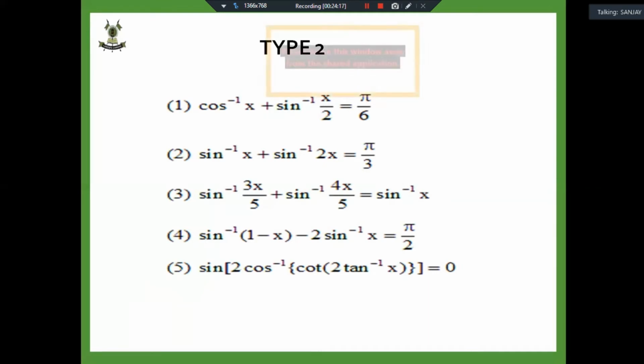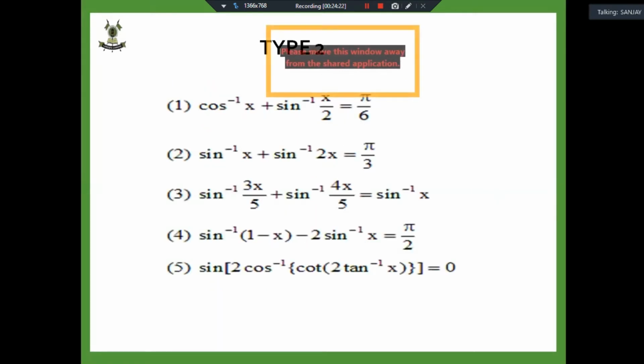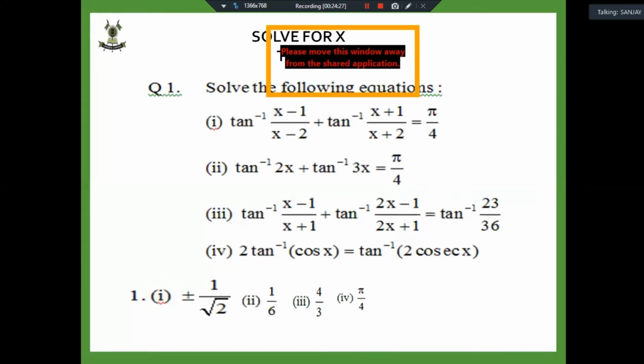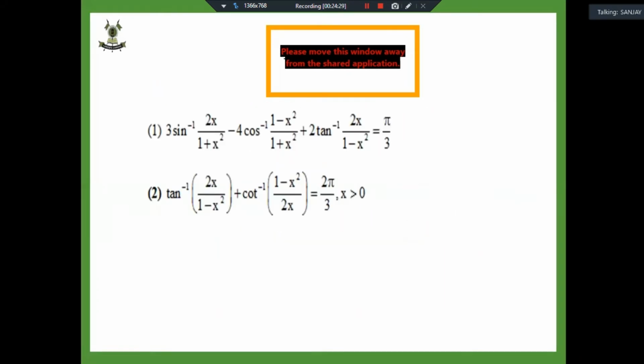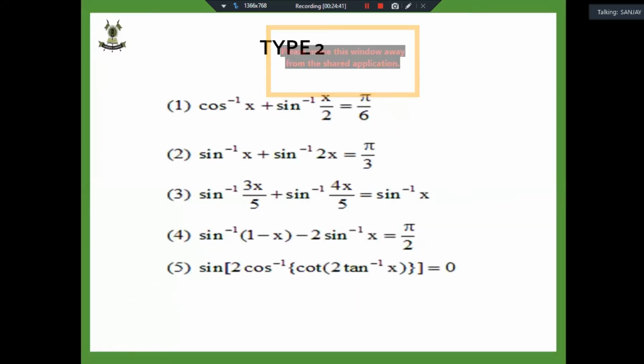This is the first, type 1. Again, you see in type 1, we have tan inverse x plus tan inverse y, but in type 2, we have sin inverse x plus sin inverse y. They have different methods. And in type 3, you have tan inverse again, but they are bigger terms. You cannot apply tan inverse x plus tan inverse y. These are the three types of questions. In type 1, you apply the formula for tan inverse x plus tan inverse y. But in type 2, you have a different type of question. So how do we solve type 2? I'm solving it on the board, but this is a different type of question. So we have three types of questions.